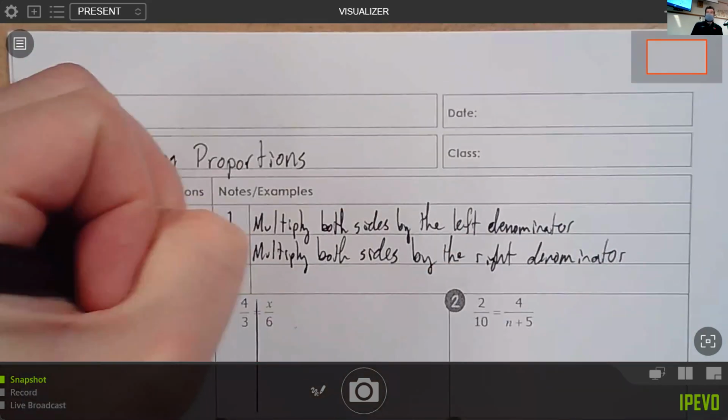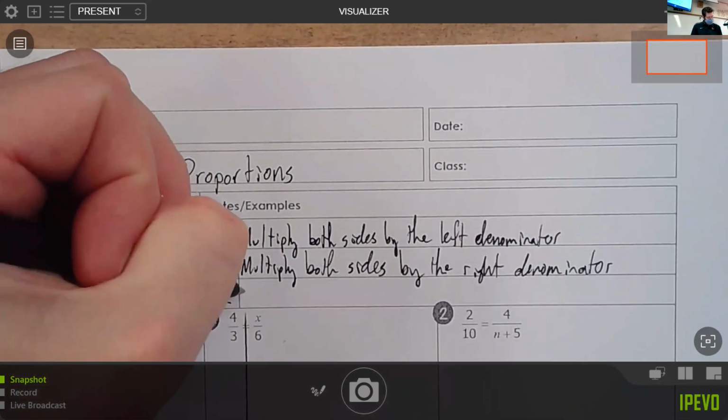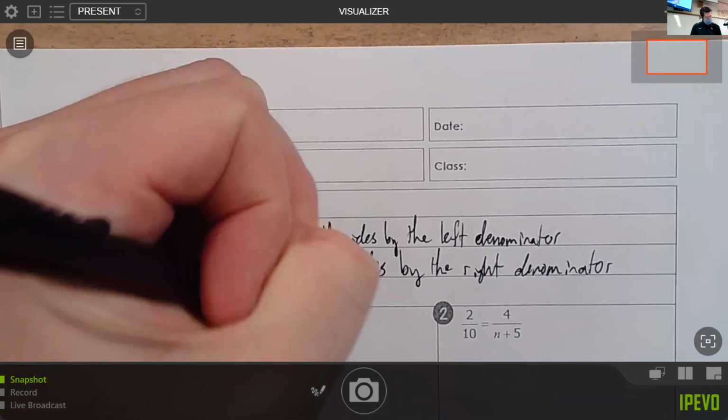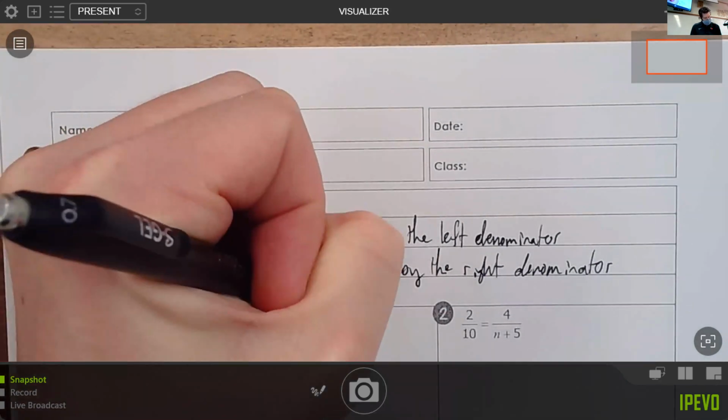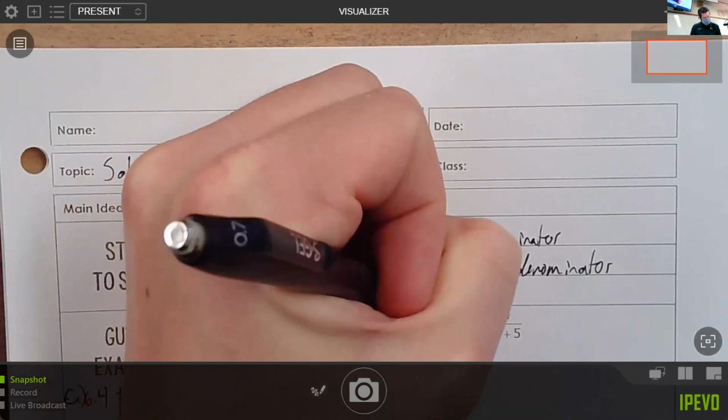And then step 3, solve using variables on both sides steps,